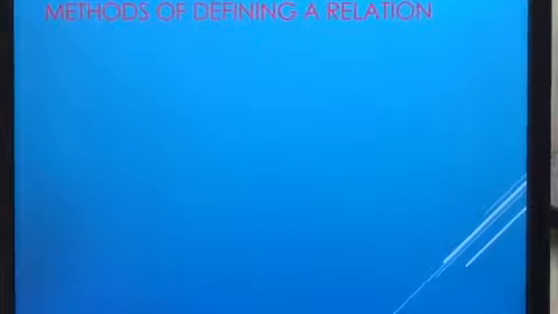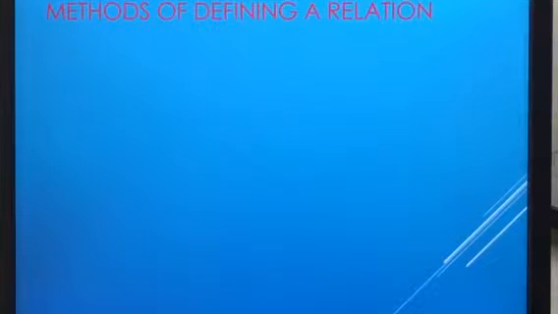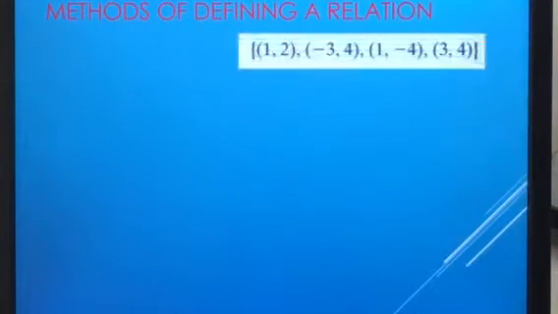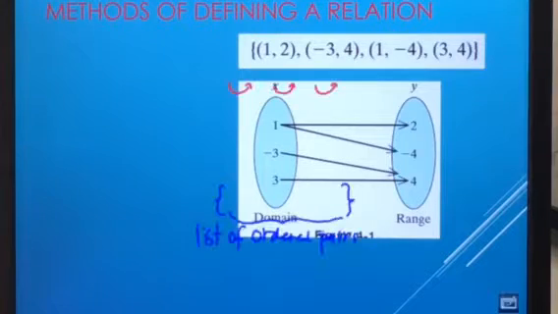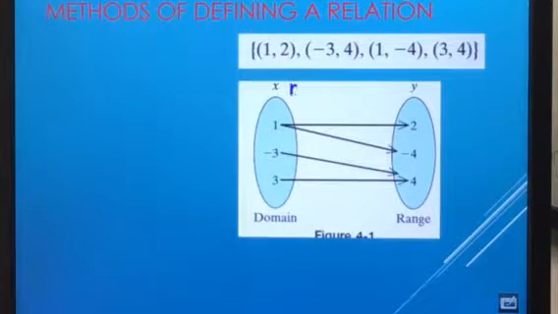So now let's take a look at different methods of defining a relation. So these are different ways on how we represent relations. First, in a form, as we've said earlier, a list of ordered pairs. Next is what we call a mapping diagram, such as this,